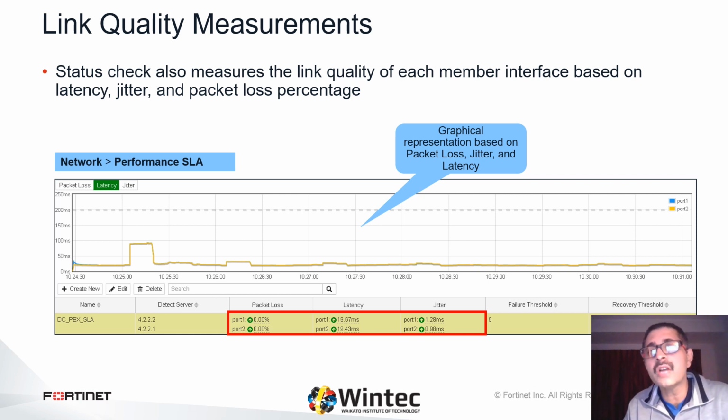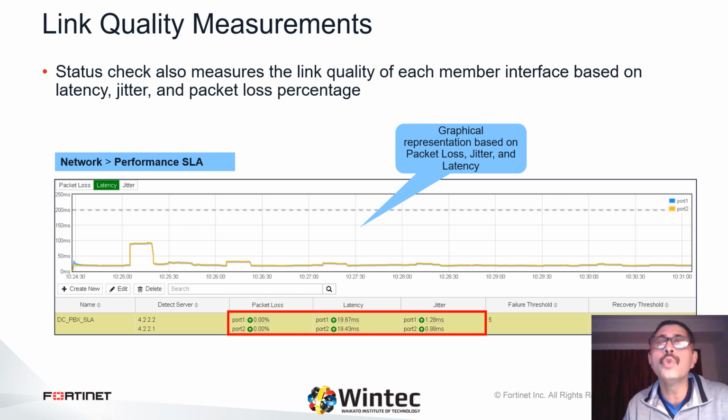The system will start with the first server. If that server becomes unavailable, then it will switch to a second server. It will stay with that second server until it becomes unavailable. At that point, it will go back to the first server. If both servers are unavailable, then that performance SLA is deemed dead.